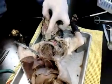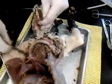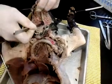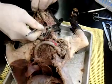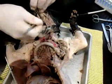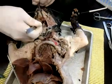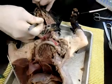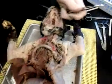Now up here, I'm going to take this soft palate, and I'm going to cut back into the soft palate. And I'm actually in what they call a nasopharynx here. Do you remember the auditory tubes or the eustachian tubes from last semester? That's what I'm looking for. Eustachian tubes go into...